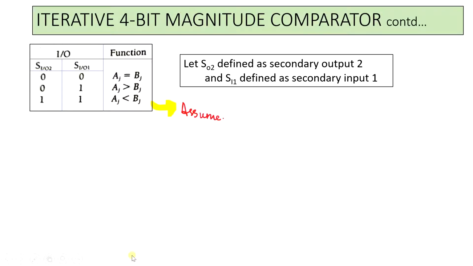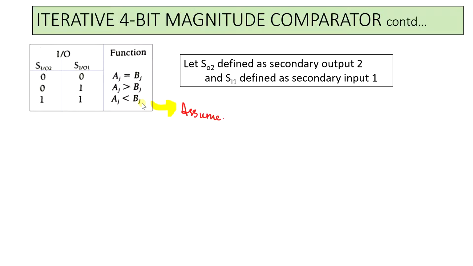So this table which shows the encoding is left to you, or your choice of encoding. You can choose the way you want the 2 bits to be. In this case, I have chosen 0, 0 to correspond to A equal to B, 0, 1 to be equal to A greater than B, 1, 1 to be equal to A less than B. Because it is not mentioned as to how you have to encode, so I have chosen this particular way. If you want to encode in a different manner, you can do the same thing.